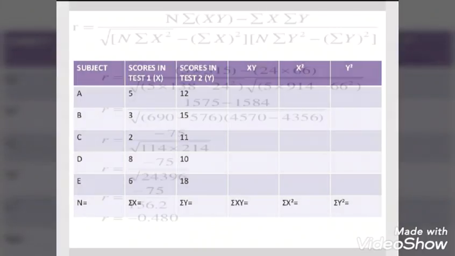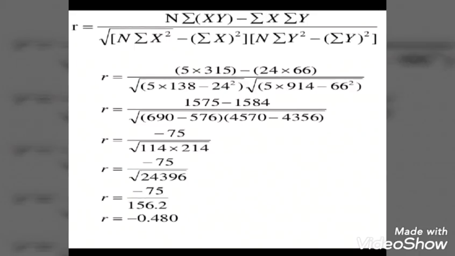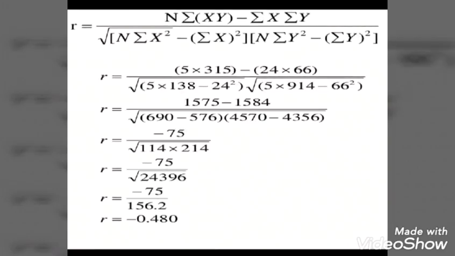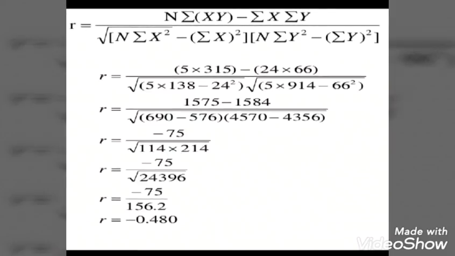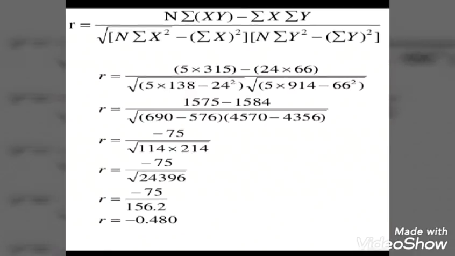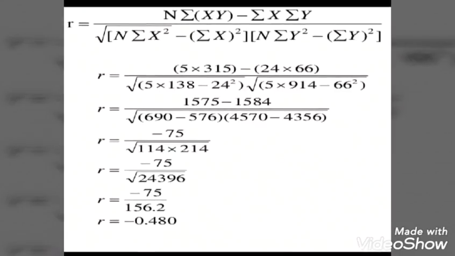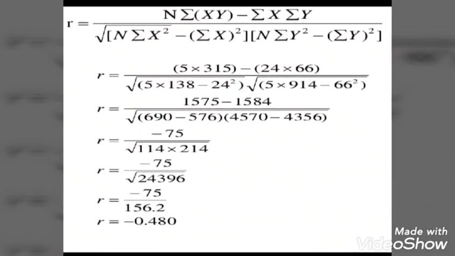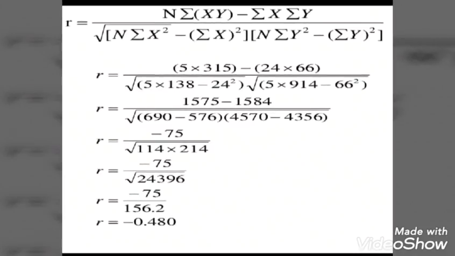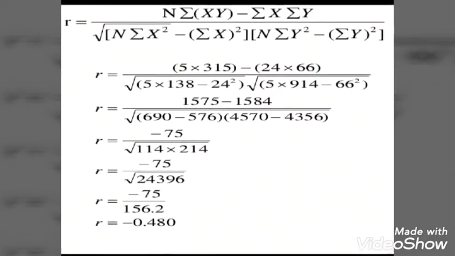Then you will substitute into the formula according to the variables given, and you can put your math procedures here. You can find the under root, you can do multiplication then minus, and then after that you can find out the formula. Mainly we go with BODMAS, that is bracket, division, multiplication, addition and subtraction. This is the BODMAS rule we will follow. First we have to open the brackets, then we will be dividing, then we have to go for multiplication, then we will go for addition, then we will go for subtraction.